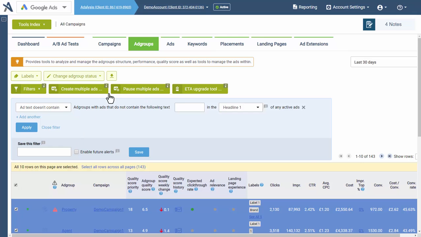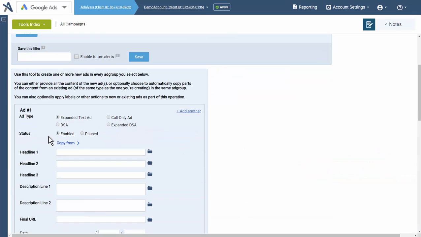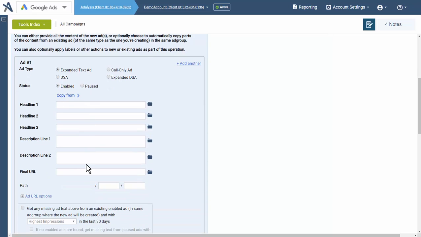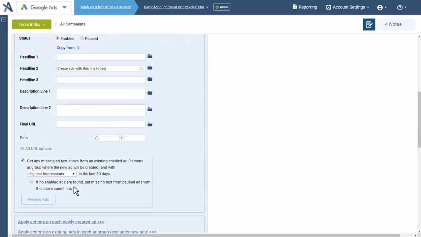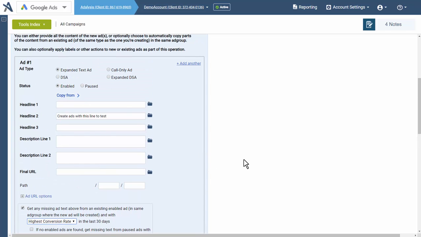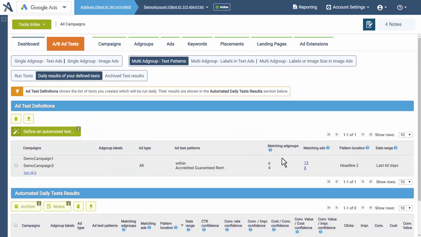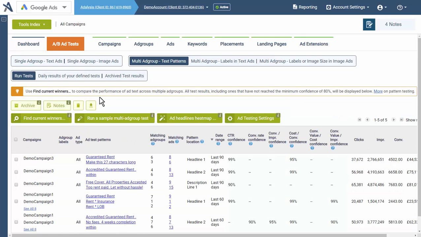Select those ads, go to create multiples, where we can inherit that data from other ad groups and just create ads with this line to test, where we'll go find your highest conversion rate ad in the current ad group, create that line, so that'll make more even tests when we set up our multi-ad group tests to learn more about consumers. So initially, when you have some thoughts, you're just trying to figure out some initial data, how people react,